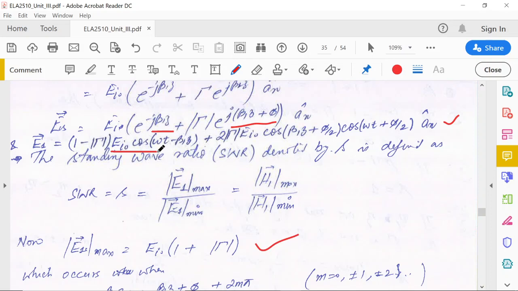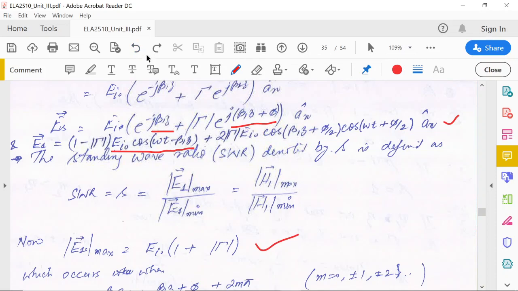So this portion is a moving wave in the positive z direction, whereas this other part is the standing portion. Here you have no argument such as omega t minus beta 1 z. This is beta 1 z plus phi by 2. Once the medium is fixed, phi is also fixed, so this will be cos beta 1 z. This is a variation of the electric field in space, and when you see it at a different time, it will just be a factor which is multiplied. So again this will be a standing wave.